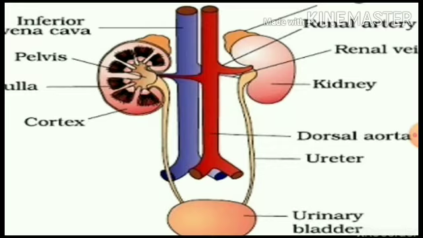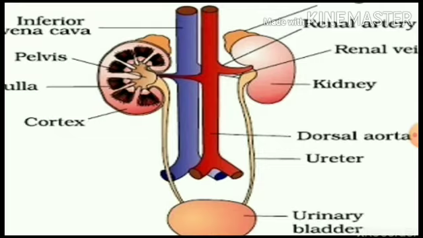Now this bladder is a highly contractile structure and has the ability to store about 2 liters of urine at a time. When there is no urine, it will contract, and the moment urine slowly enters the bladder, it keeps on expanding and can stretch up to a maximum capacity of 2 liters.